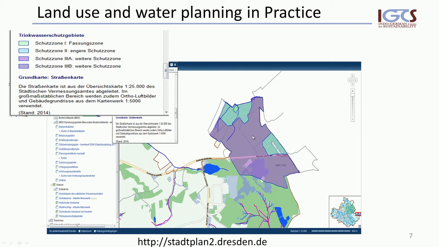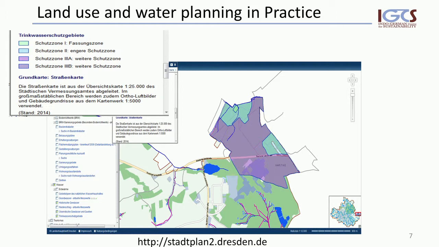We have here, even in an urban area, zoomed in now to this corner of the urban area, all of this is part of the city, the source water protection zones. This means that within the urban boundaries we also have water protection taking place. So it is very much possible to set land aside and restrict certain land uses in favor of protecting water